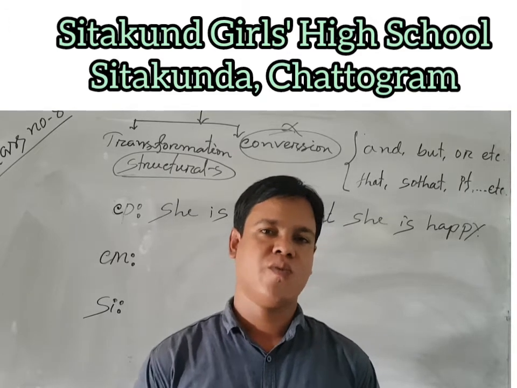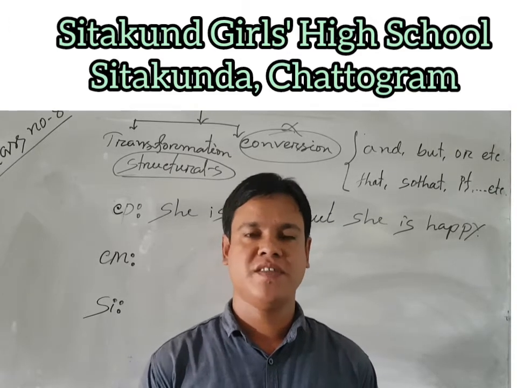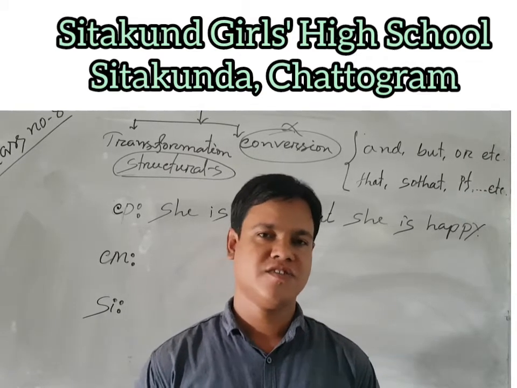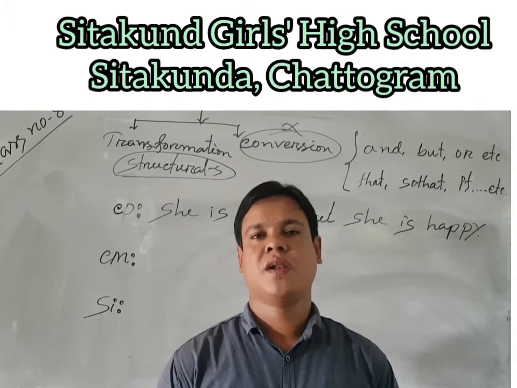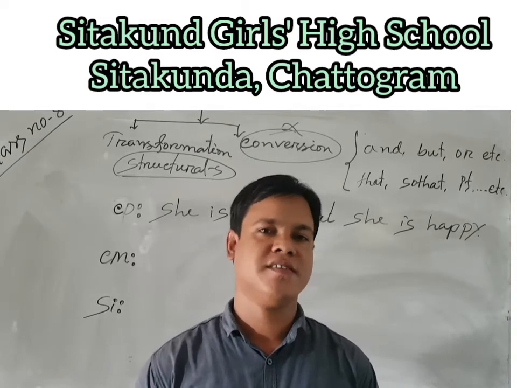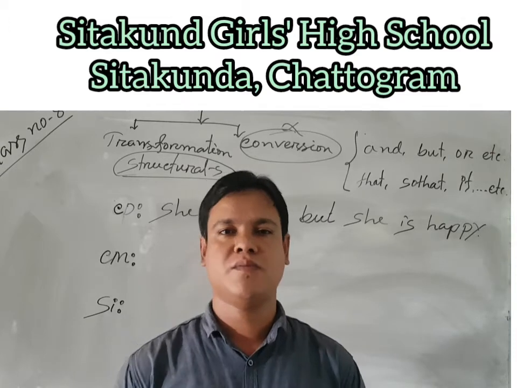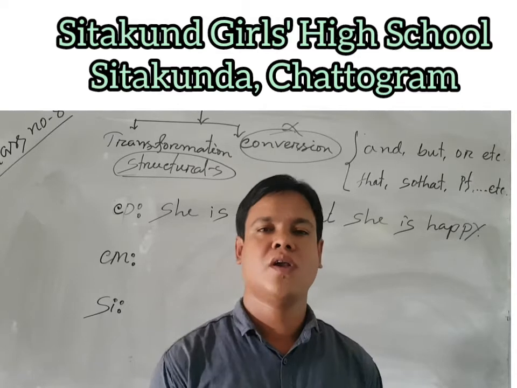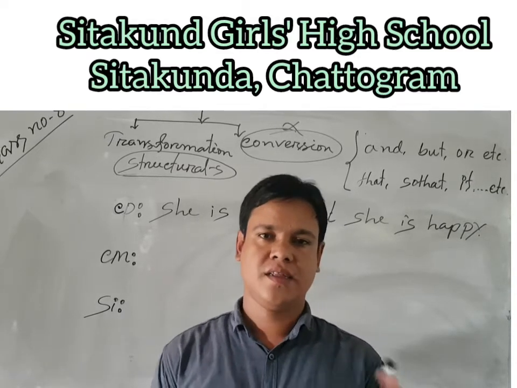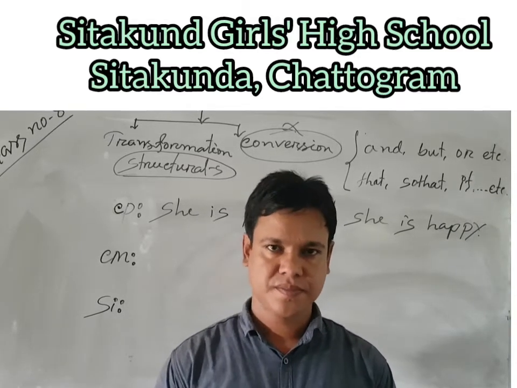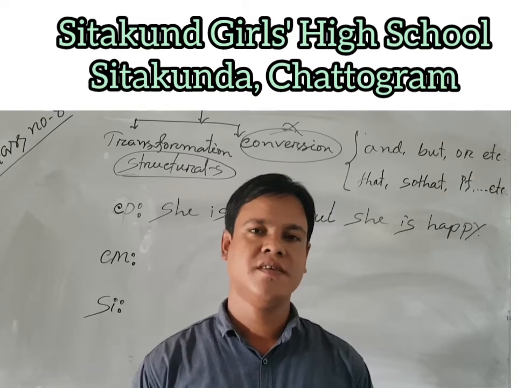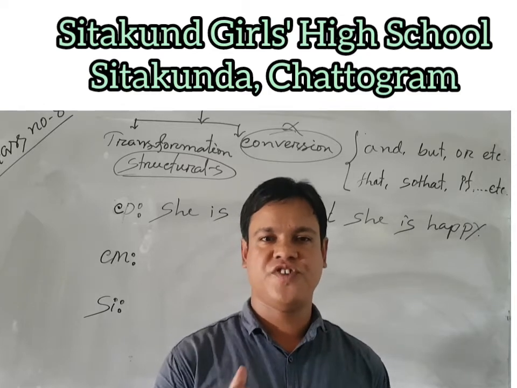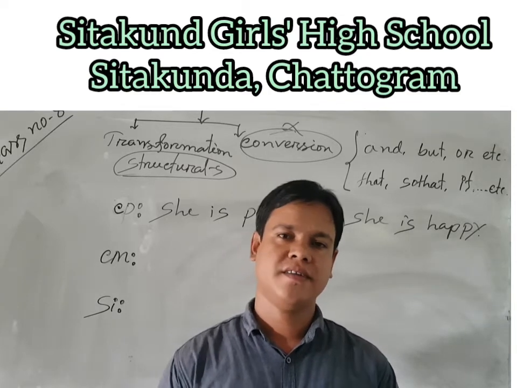Compound sentence means one kind of sentence that contains two principal clauses and one coordinating conjunction. Complex sentence means two principal clauses and a subordinate conjunction, but after connecting by the subordinate conjunction, from the two principal clauses, one clause will be subordinate and the other will be principal. And simple sentence means one sentence which contains a subject and a finite verb and an extension.